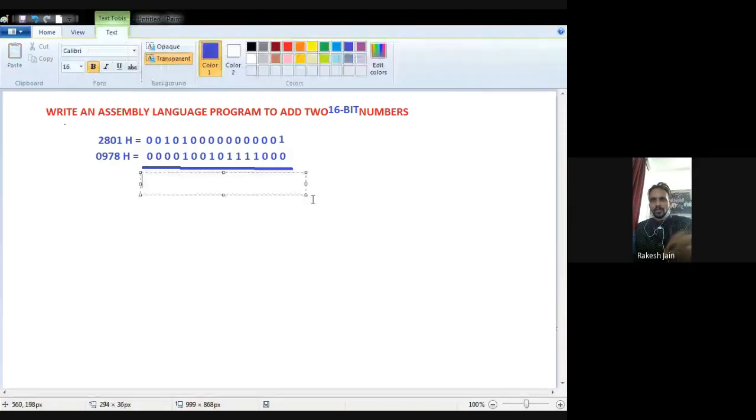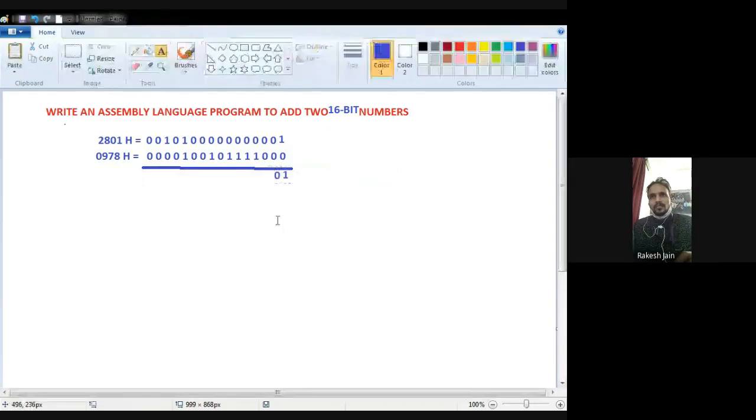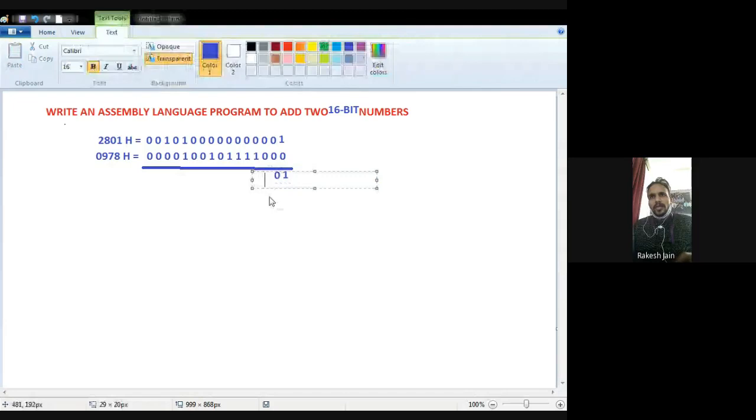On the basis of that, first 1 plus 0 is 1, then 0 plus 0 is 0, then 0 plus 0 again 0, then 0 plus 1 is 1, and again 0 plus 1 is 1.